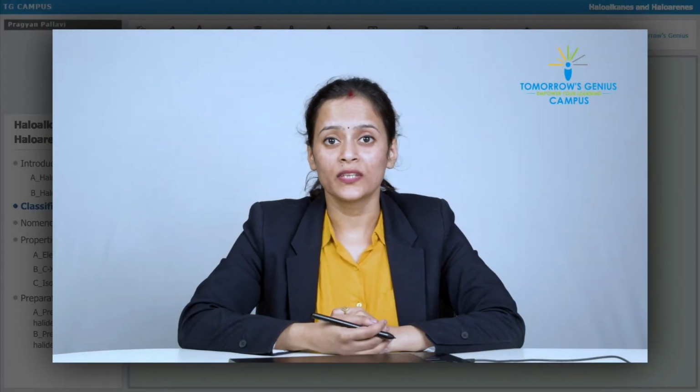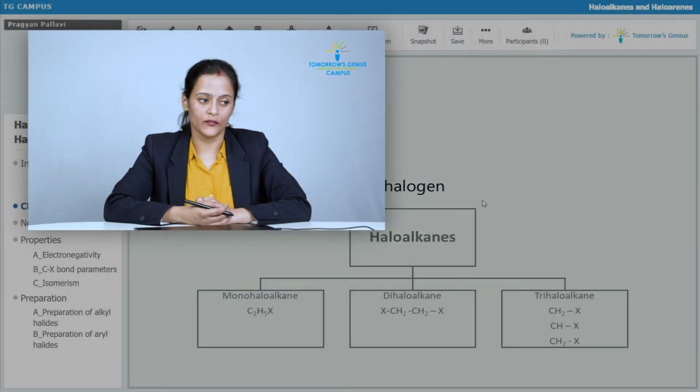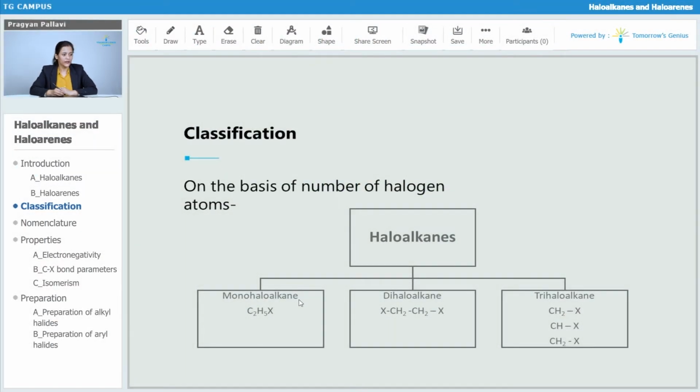Let us see how these haloalkanes and haloarenes are classified. First, they are classified on the basis of halogen atoms. In the case of haloalkanes, they are classified into monohaloalkane, dihaloalkane and trihaloalkane. In monohaloalkane, we will have one halogen atom, only one halogen atom, where X is the halogen atom. So here we have C2H5X, so we can say it is a